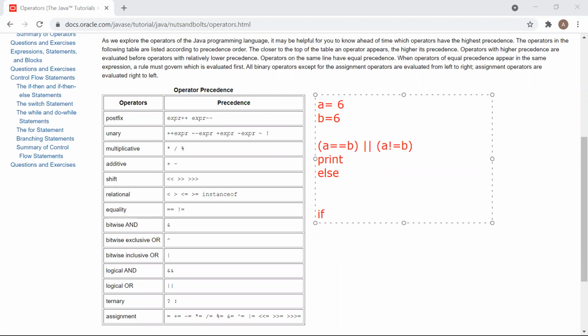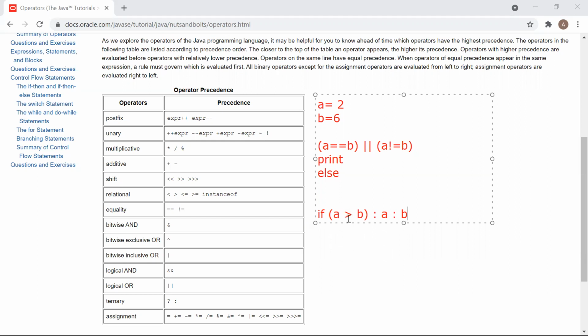Suppose I am writing like this. Let me take one example. A is equal to 2 and I'm checking if my A is greater than B, then I am going to print A, otherwise I am going to print B. Now this is called the ternary operator. You are working with two variables, but there are three parts. Now here you are checking, is my A greater than B?